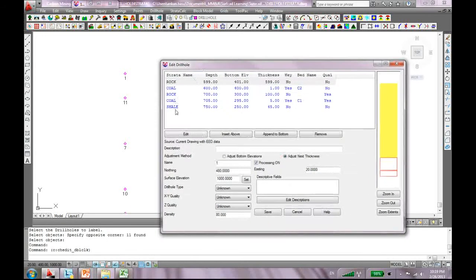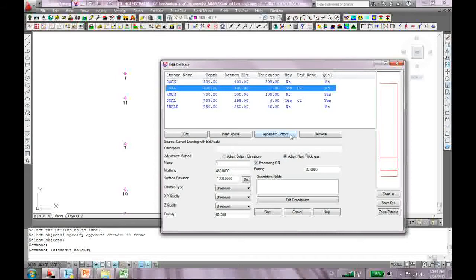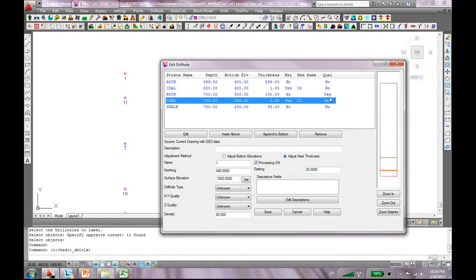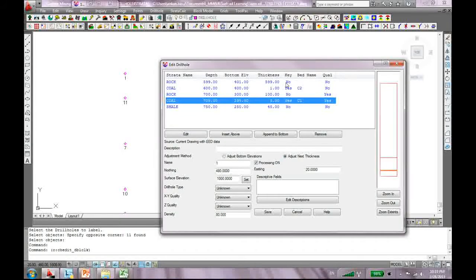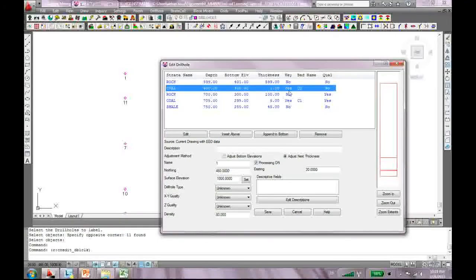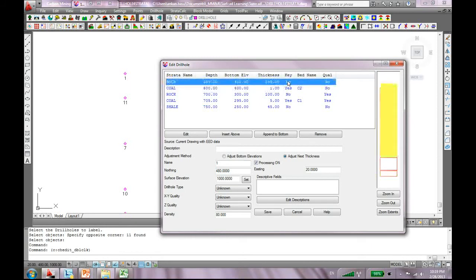So it has imported my different rock units exactly as they are in my CSV file. It has imported my bed names, and for some I have quality, for others we don't have the quality, and it's also imported my key designation. Some of the strata are key, some others are not key,